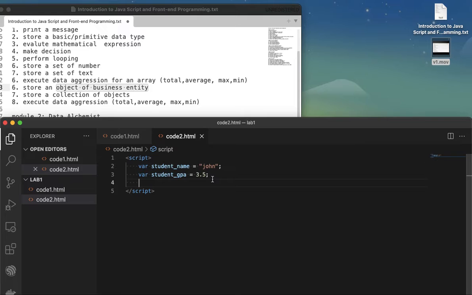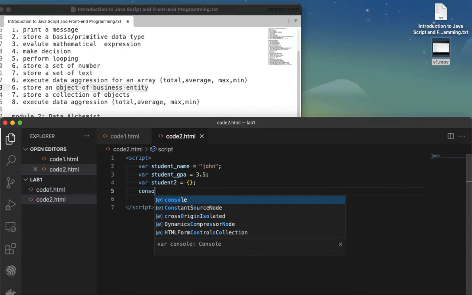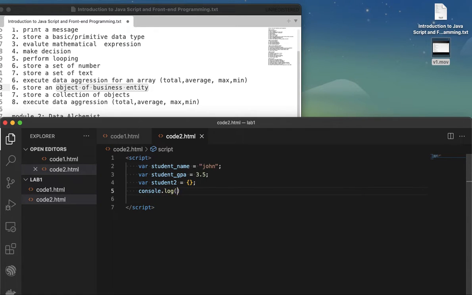For this example, you have to create 2 variables to support 2 different pieces of information of the student. You could do the same thing and call student2 equal to, and then you put the bracket notation, called braces or curly brackets. This will give you the empty information of student 2. Let me print this out for you so you can see the output. So now if I print out student2 as the output,